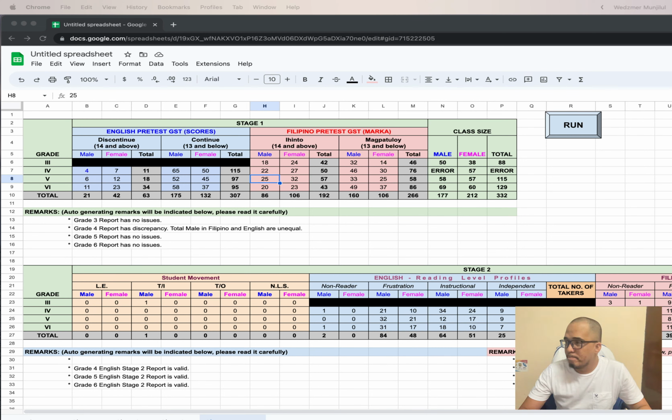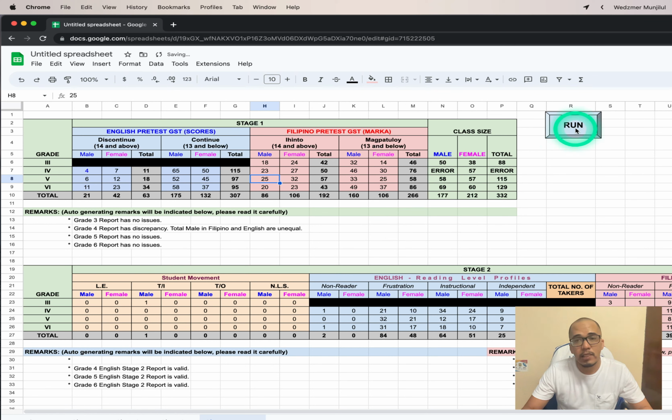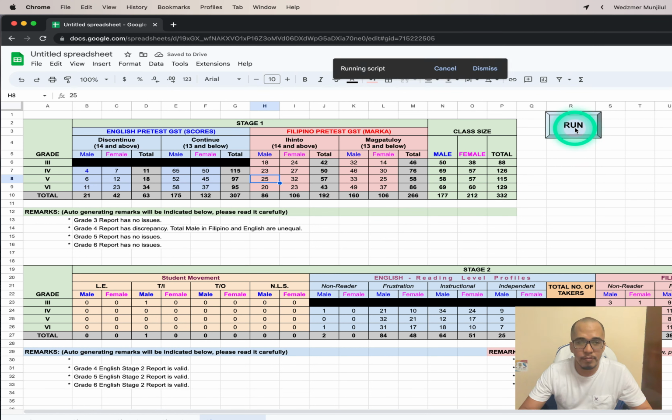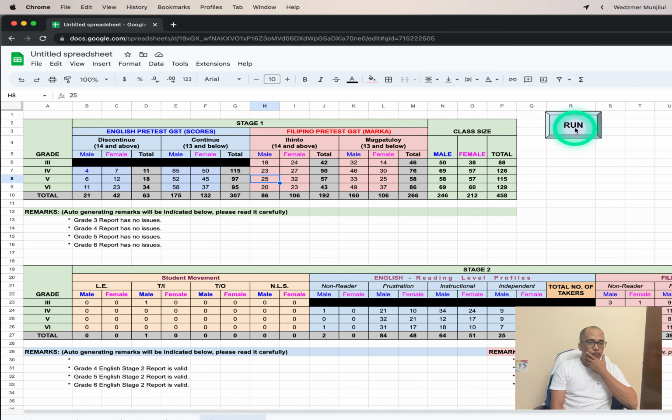So, nagkakaroon siya ng error dito. Sinabi din niya kung saan yung error. Nasa grade 4 daw, so total male ng Filipino and English. Hindi daw equal yung total ng male and female sa grade 4. Balik natin siya. Gagawin natin siyang ano nga yung kanina? 23 ba yun? 23. Balik natin siya sa 23 dyan. If you run it again, yan, magiging equal na. So, that's the purpose of